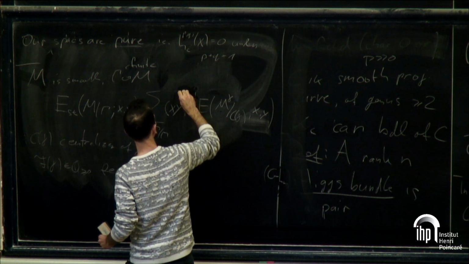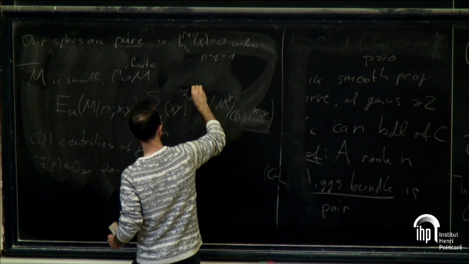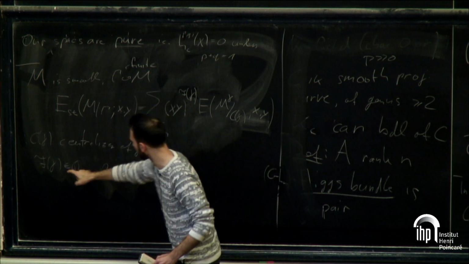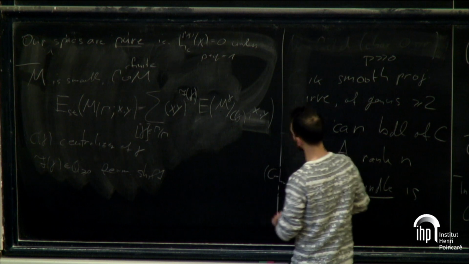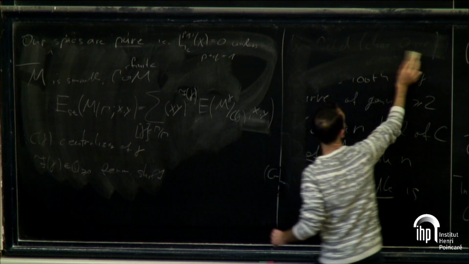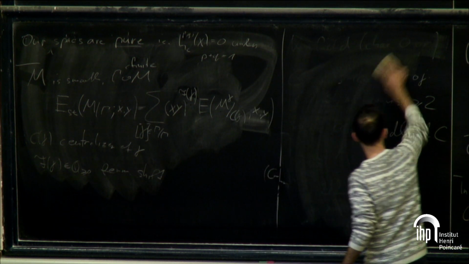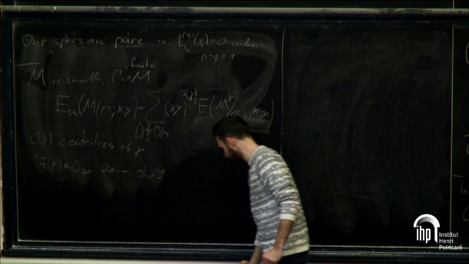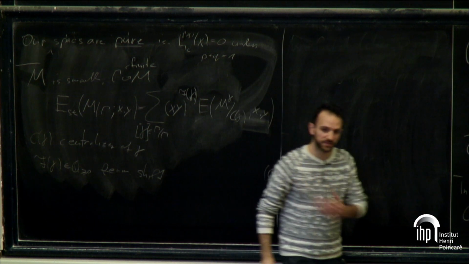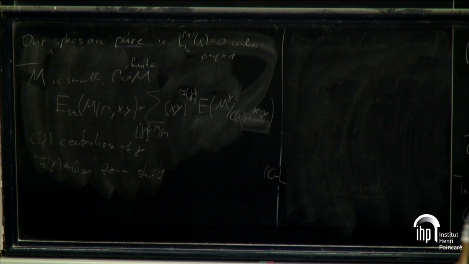It's F of gamma. And F of gamma is a number I have not defined. It's some rational number you can associate. And so that's all. I think Batyrev remarked that for toric varieties, this fixes this problem of having too small